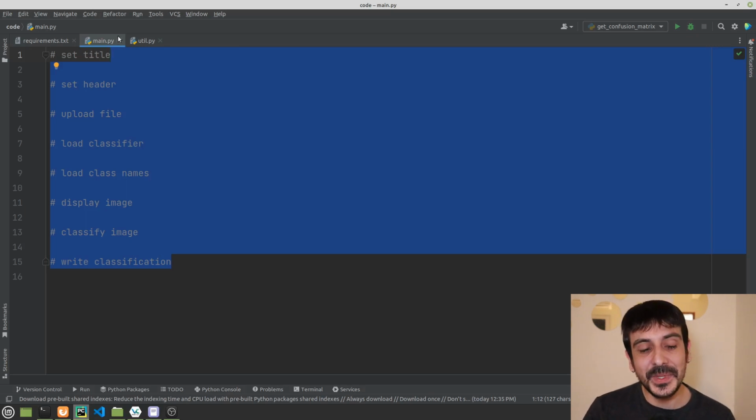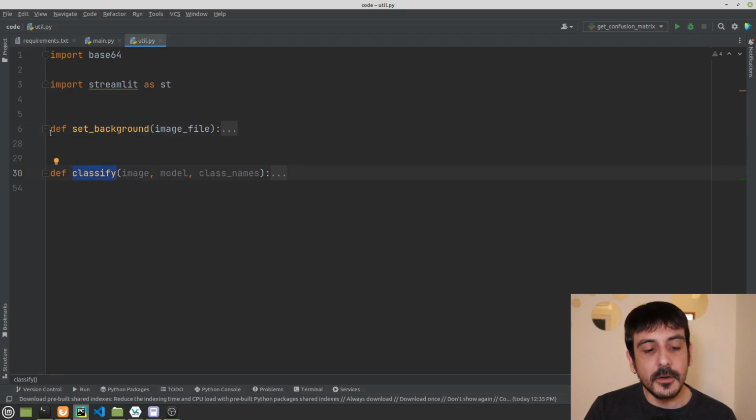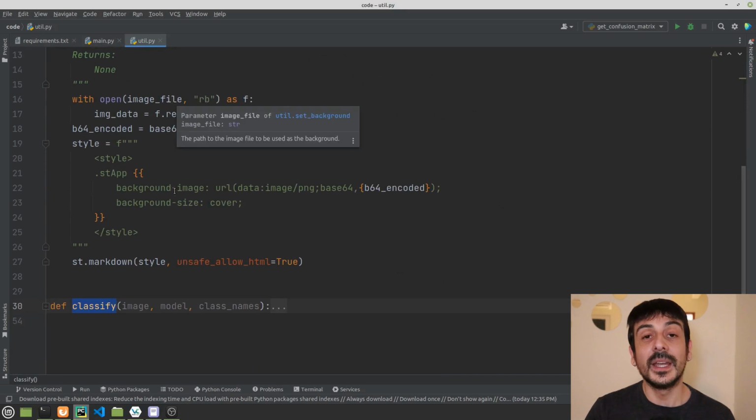So this is main.py, and now let's move to util.py. You can see that here we have two functions. One of them is set background and the other one is classify. For set background, this is a function we are going to use in order to change the background of the website we are going to be building today.